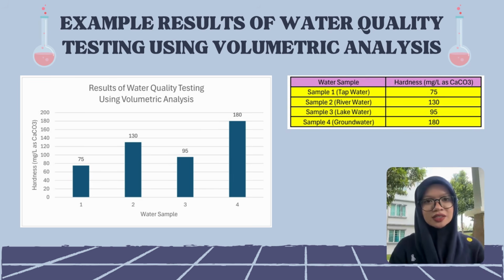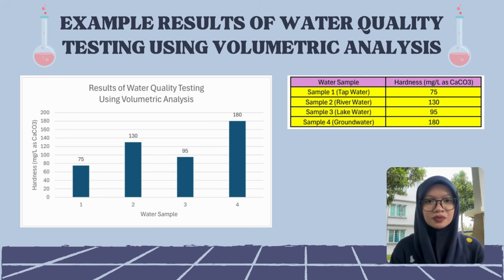The second one is sample C, which is lake water, has a moderate amount of hardness of approximately 95 mg per liter. The third one is river water, which is sample B, shows a higher hardness of around 130 mg per liter. The highest hardness is found in sample D, which is groundwater, with about 180